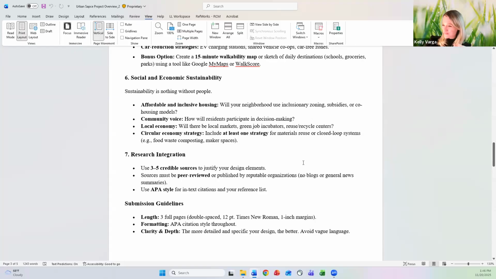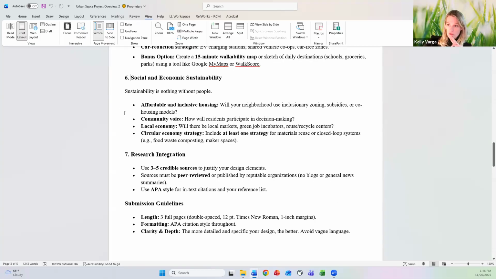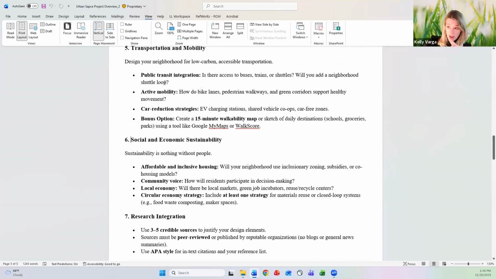Research, research, research. And again, how are you actually researching? How are you using the research to support what you're saying? That is what I'm very much going to be looking at. How are you addressing these things? I'm literally hand-holding you and telling you the things you should be considering. You need the data